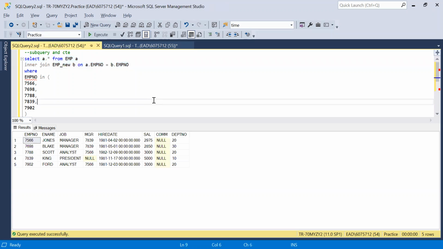Yes. So this way we can achieve this. The other way of achieving the same result set is by using a set query. Where EMP